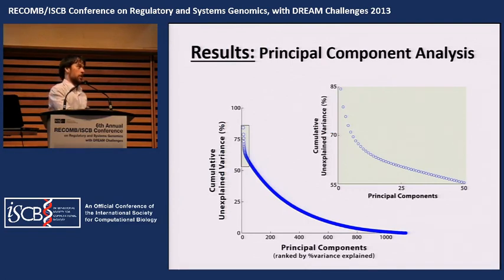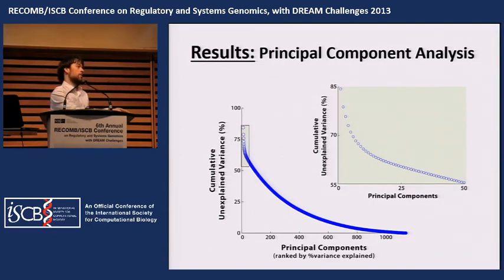Here are some concrete results. So this plot shows the principal component analysis. And the y-axis is showing the cumulative percent unexplained variance. And you can see that there's a very heavy tail in this distribution, which means that you need to consider many principal components to capture all the variability in the training data set that I generated. So this is somewhat discouraging, but as has already been explained, this model is highly stochastic. So part of my hope was that a lot of the variance in this heavy tail reflected noise that would not be useful for the random forest model to consider in the first place.